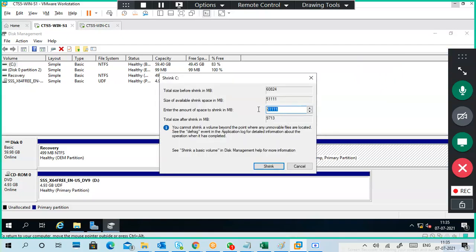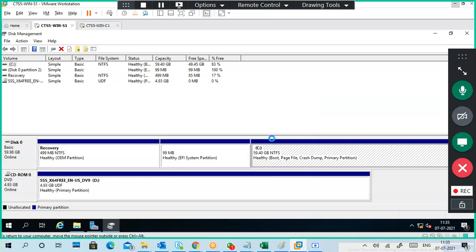Okay, I need 10 GB only. 1024 means 1 GB, so 10 GB, 10240. Shrink. Otherwise, you can take 20 and then take 10 from that one, but we don't require that much. Just 10 GB is enough for us, more than enough.